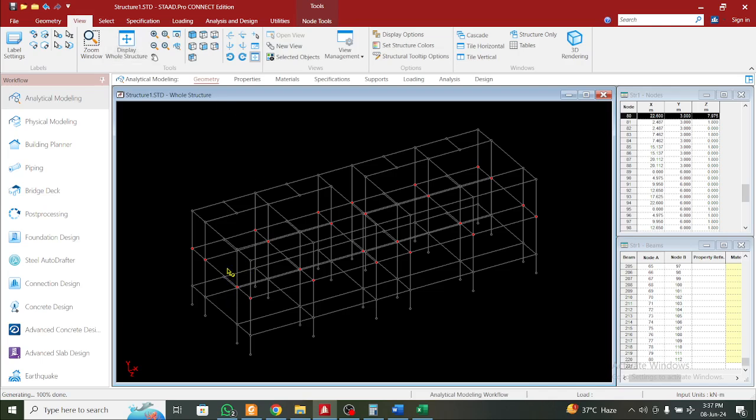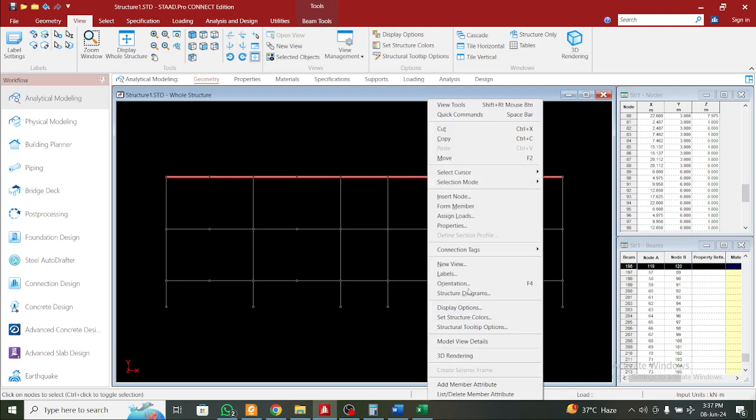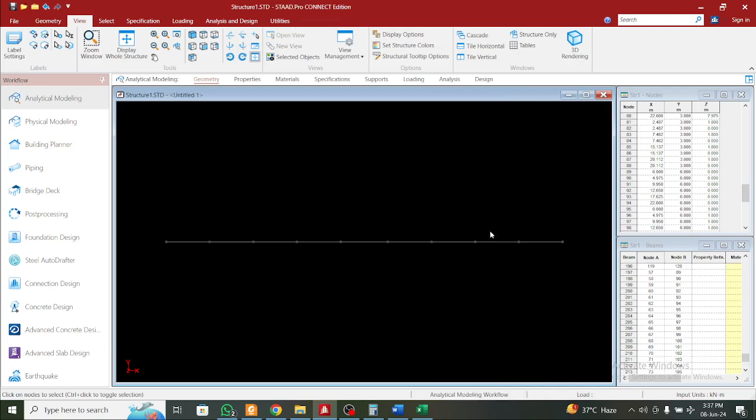So this is the ground floor, the first floor. So this floor will actually be the terrace, so we don't need these intermediate beams here, these secondary beams here, we don't need that, so we can delete that. So for that we have to select, go to a better view here. Let's go to the front view here, and take the beam cursor and right click and click on new view and click on OK. So let's look from the top